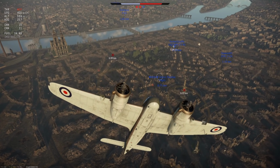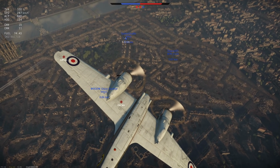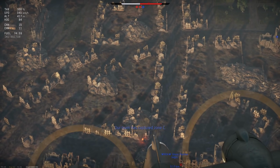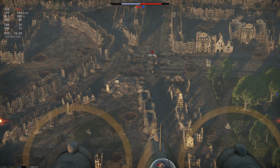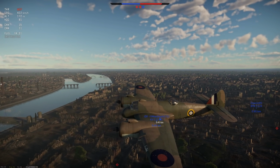This thing is awful, man. Oh my gosh. It's like, I get it. I get it. Like, in theory, it's good, right? It's not that bad of a plane in theory. It can do pretty decently in the right circumstances. But it cost me